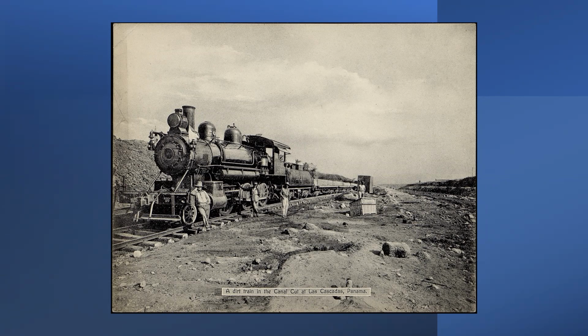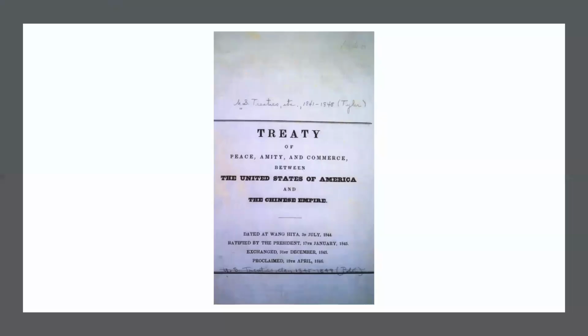Americans also began to show greater interest in Asia. Caleb Cushing was appointed the first American commissioner to China in the year 1843. His mission was to secure commercial privileges. He used a combination of the iron hand and the velvet glove to sign the Treaty of Wangxia in the year 1844, which included a clear statement of